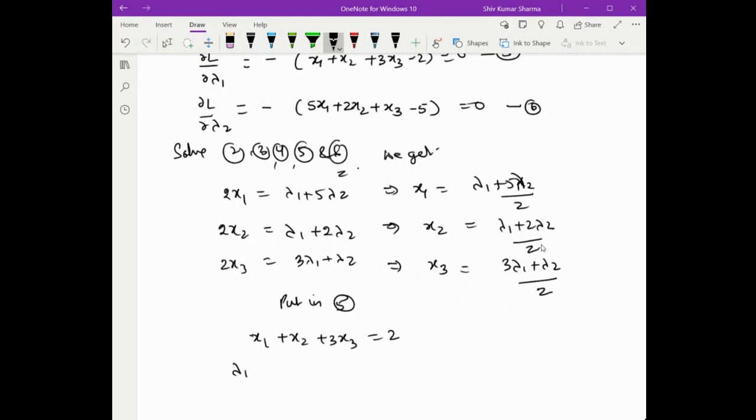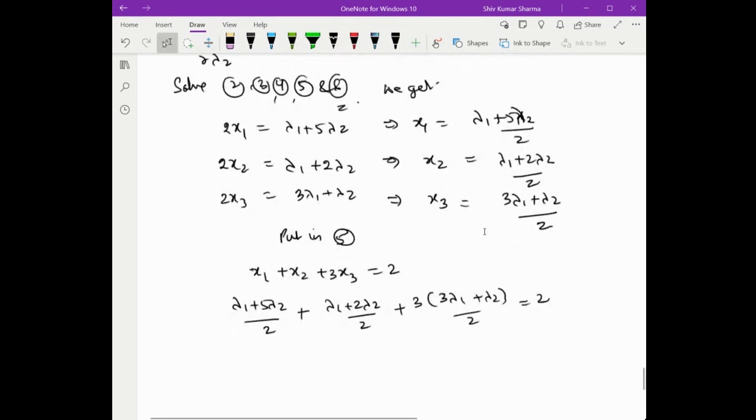So we put the value of x1: lambda 1 plus 5 lambda 2 upon 2, plus lambda 1 plus 2 lambda 2 upon 2, plus 3 into 3 lambda 1 plus lambda 2 upon 2, is equal to 2. So when we take the LCM and solve this, this gives us